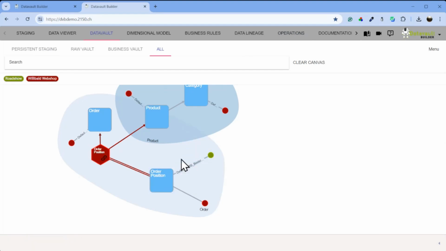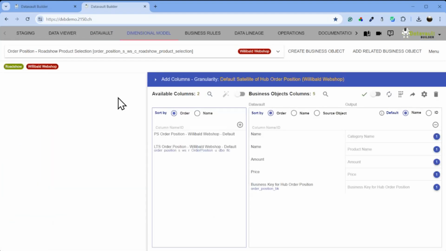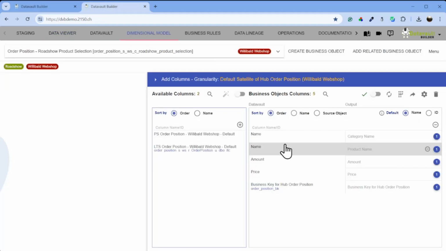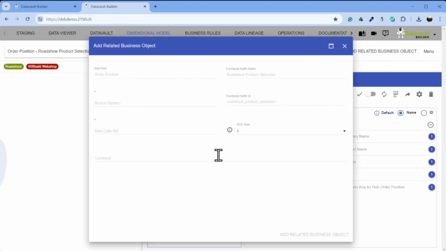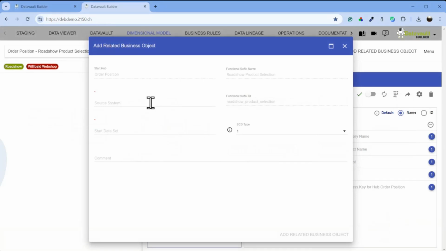Now we see we have the two satellites, and now we go to the dimension model. And here a colleague of mine has already prepared the desired output for our Willibald webshop system. That's the one that we have seen in the data viewer here. And we now want to match it with the data from our new source system. So I add a related business object. If we go back to our PowerPoint, what we have seen was that one system was already here. It had the column names we want, and now we want to create the output for the second system and harmonize the column names. So let's go back to the demo,